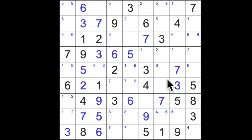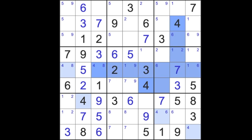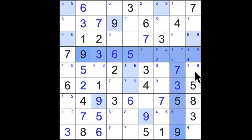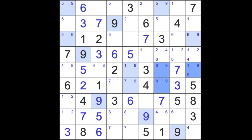So I'm going to attack this block here and see what it leaves me with. So we've got 1 blocking up here. So we get 1s in those squares. 2, 3, 4 blocks like this and here, and across here. So we get 4s in those squares there. We're looking for 8 blocks up here and 8 blocks across here like this. So we have 8 in those squares, and then we have 9 blocking like so, and 9 will be in those squares there. So I didn't manage to get a single there, but anyway,